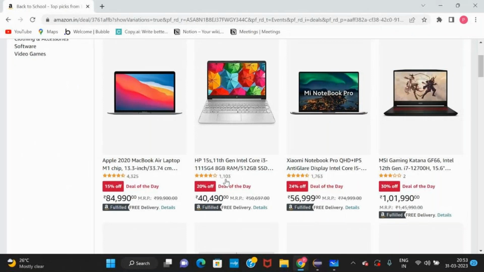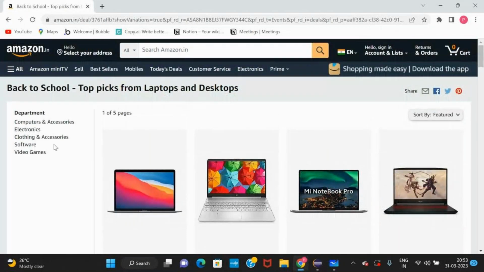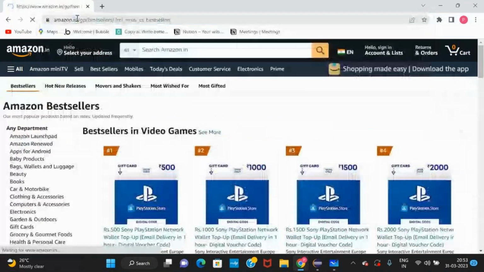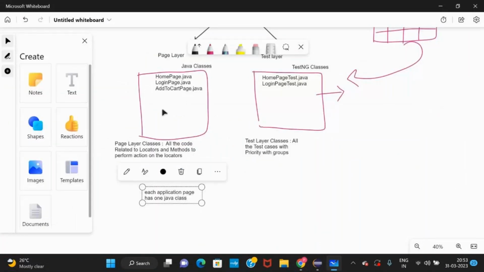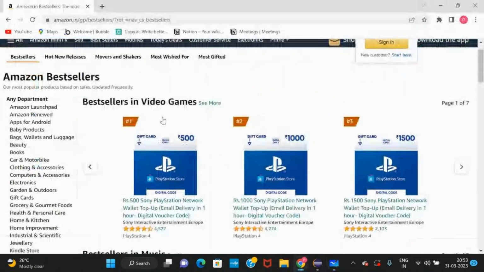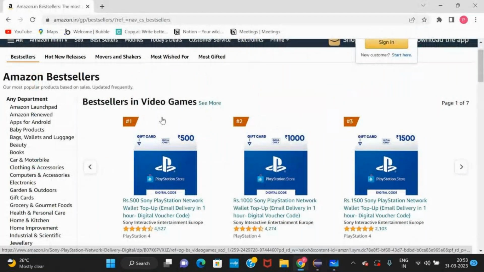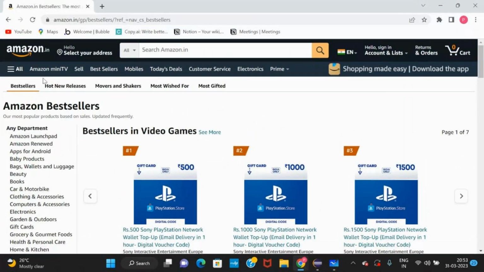And what do we write for the home page? Suppose you have a home page, what will be there in it? On your home page you will have locators for the home page. What are the locators for a home page?